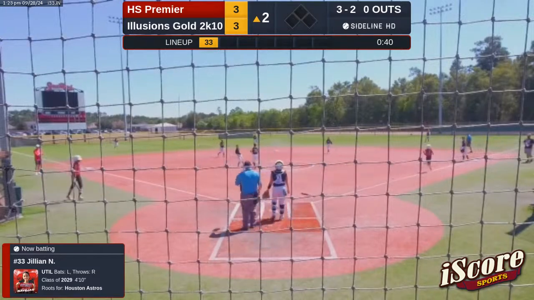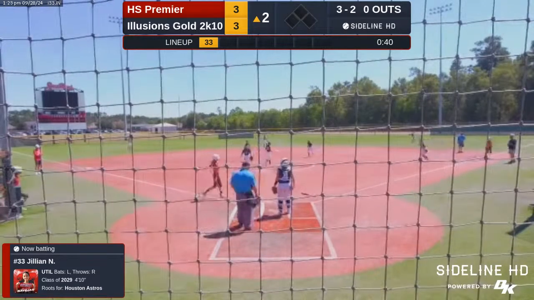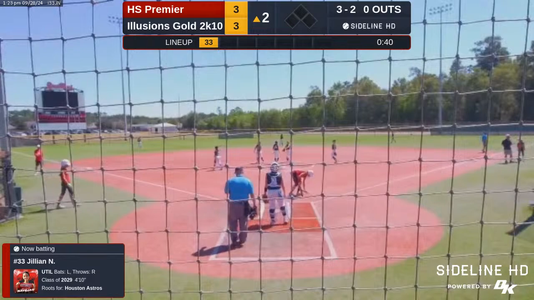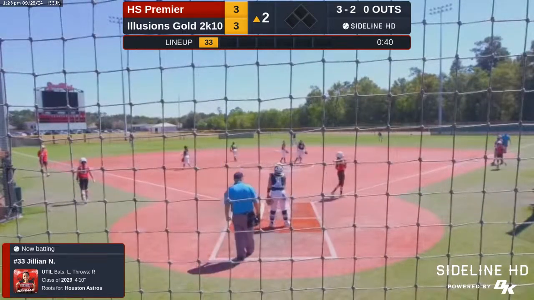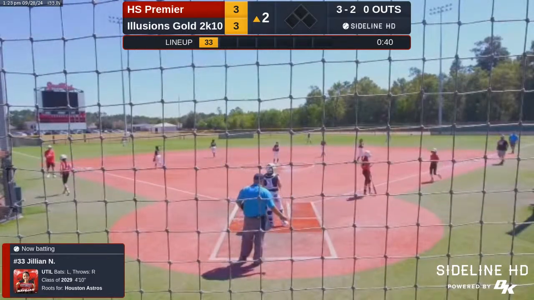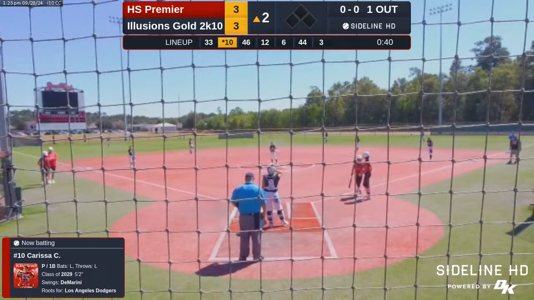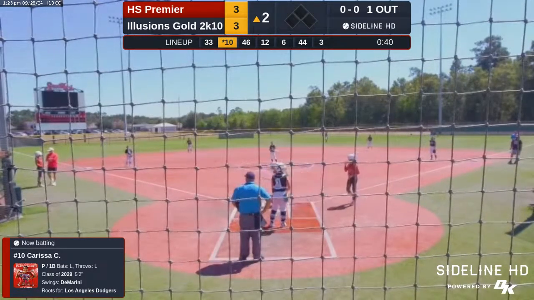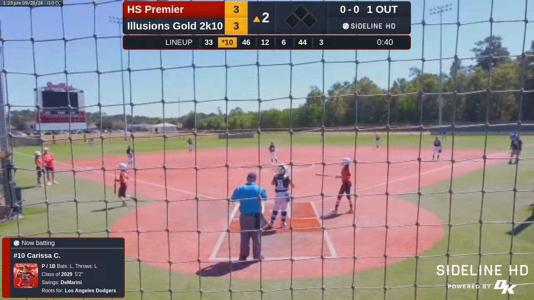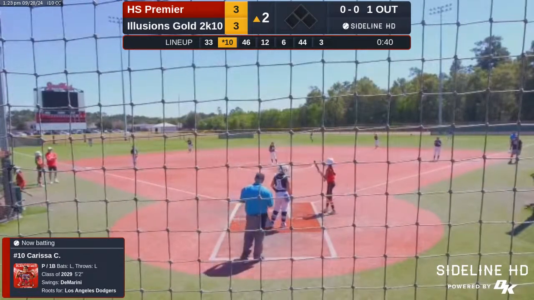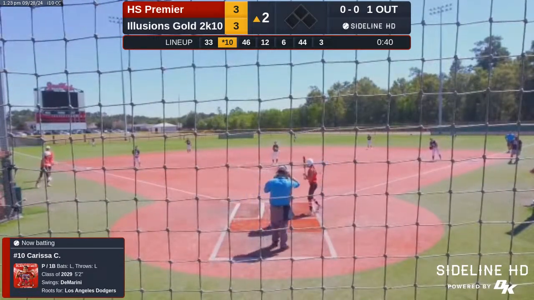Slap it back to the pitcher. And that's out number 1. Chris's second at bat.